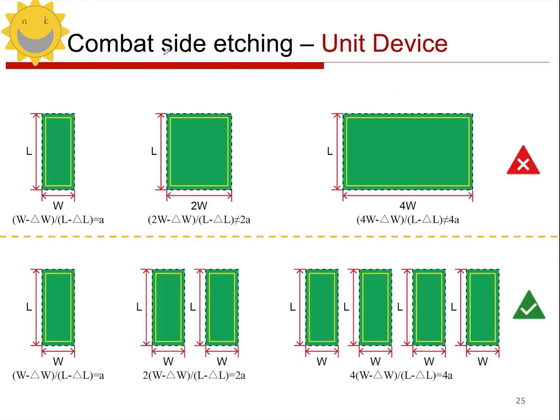All right, let's take a look at how to deal with the etching issue. Because of this problem, when we are drawing layouts, we often use the concept of a unit device. This concept of a unit device is also a very important piece of knowledge in our analog integrated circuit layout design. It's also a very important piece of common knowledge. Let's see how to use this unit device. For example, if we want to draw 3 transistors, 3 MOSFETs, and we want the width to length ratio of these 3 MOSFETs to be in a relationship of 1:2:4,